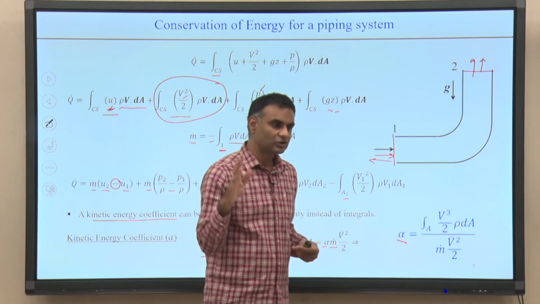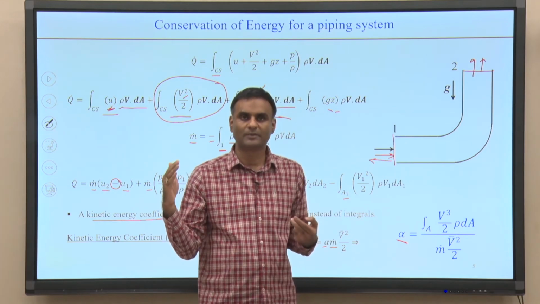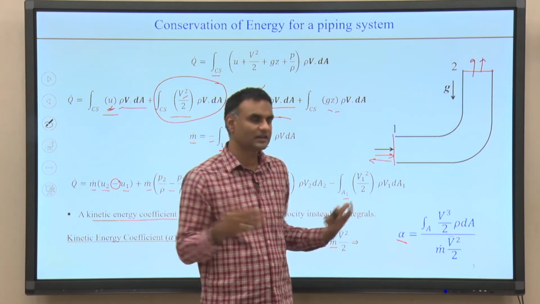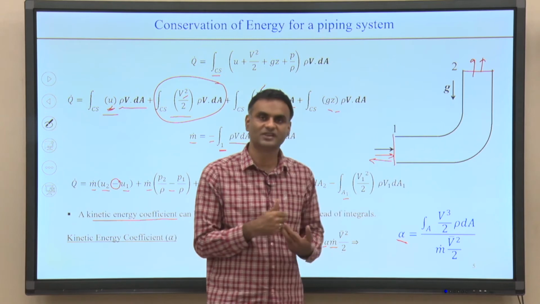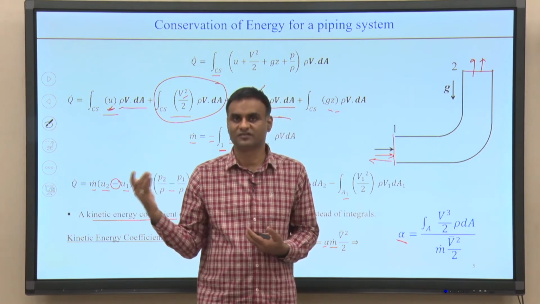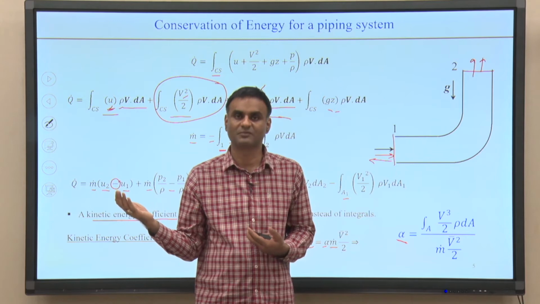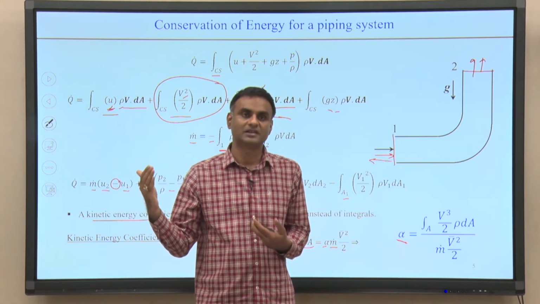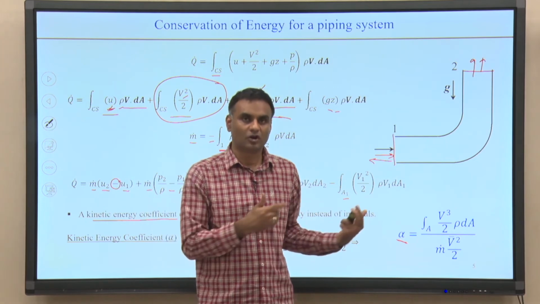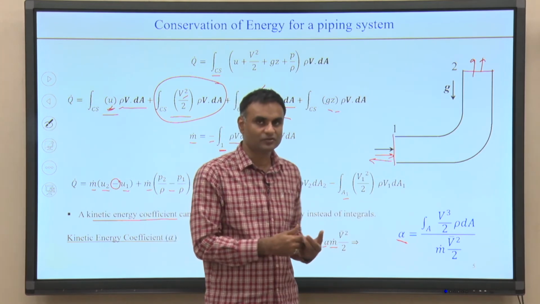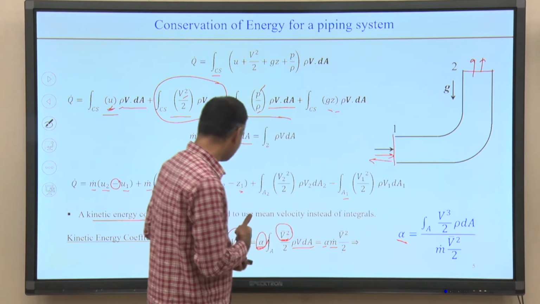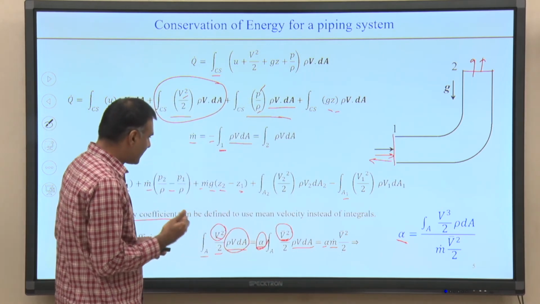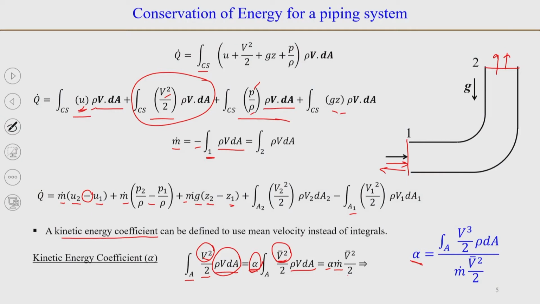So, you need to remember that when you are solving problems for turbulent flow, the kinetic energy coefficient, or kinetic energy factor as it is sometimes called, is generally taken to be 1. But when it is laminar flow, then it will not be 1, and you will need to take the value 2. Okay. So, with this we will be able to eliminate this integral sign here.